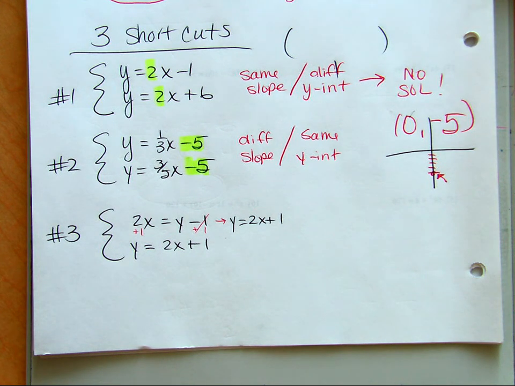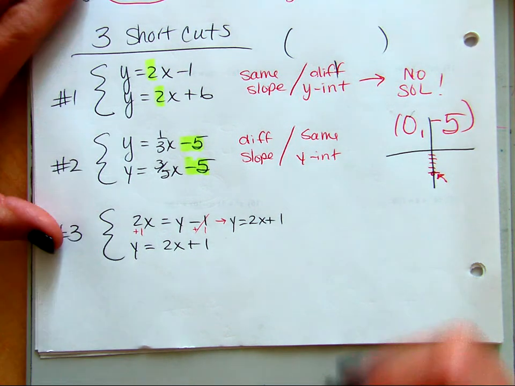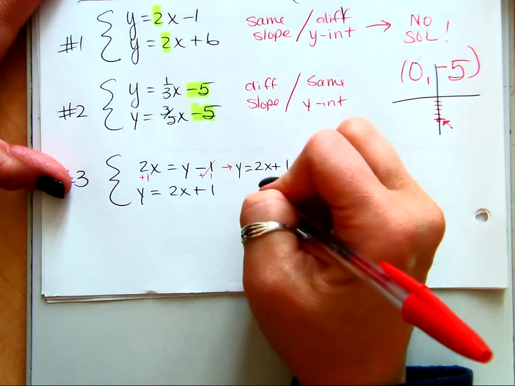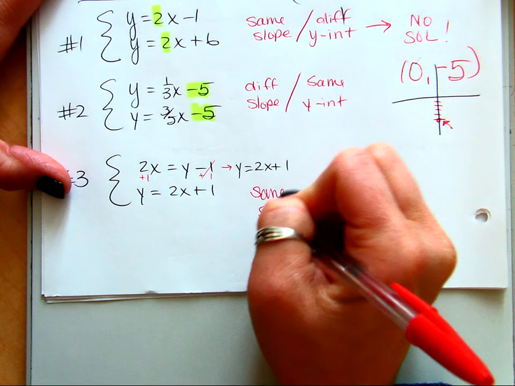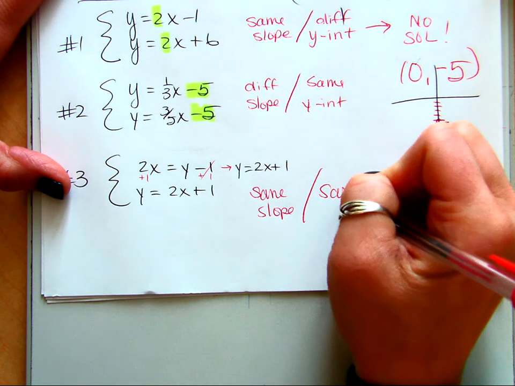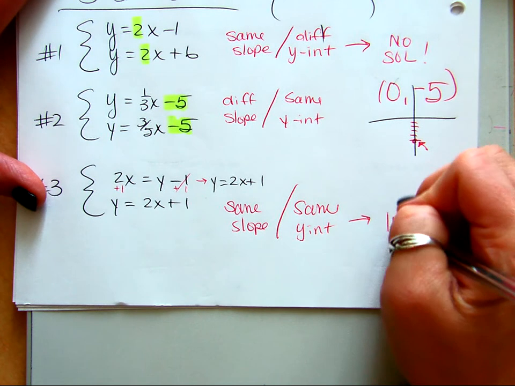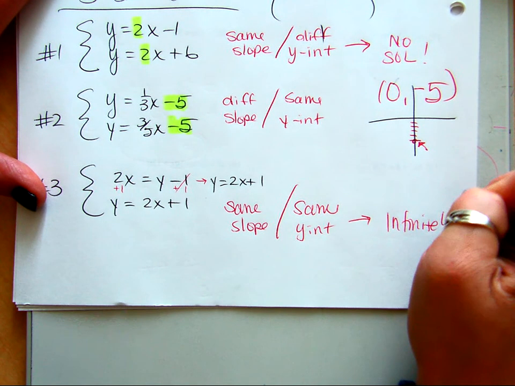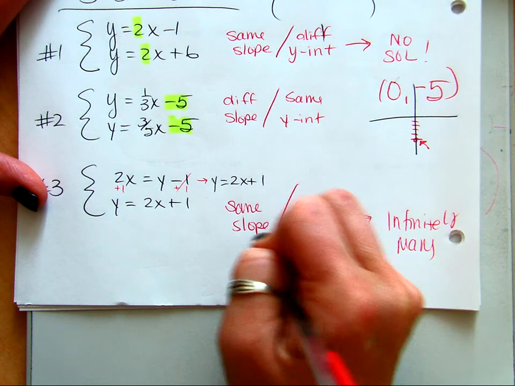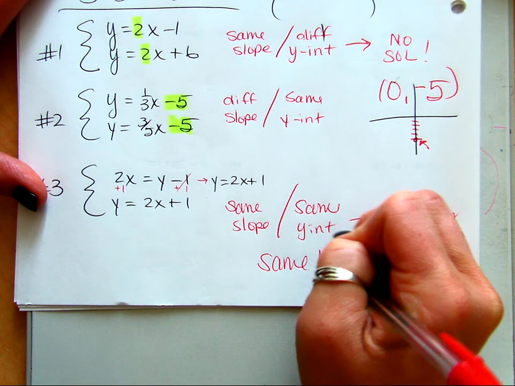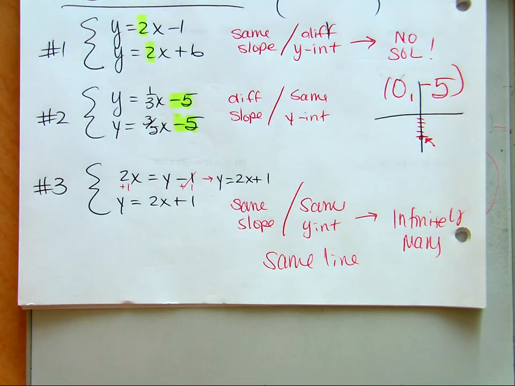Infinitely many solutions. So here you could put same slope, same y-intercept, and that means infinitely many. They are the same line. They are on top of each other. They meet everywhere. It's the opposite of parallel lines. Do you understand